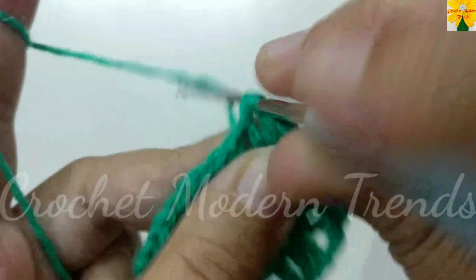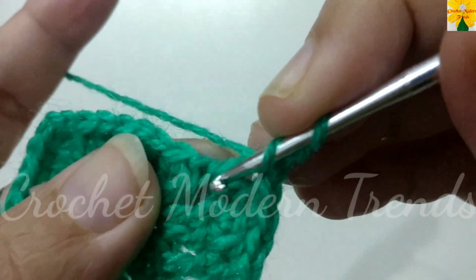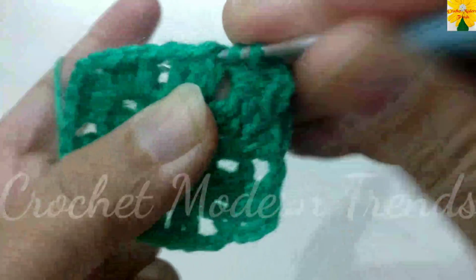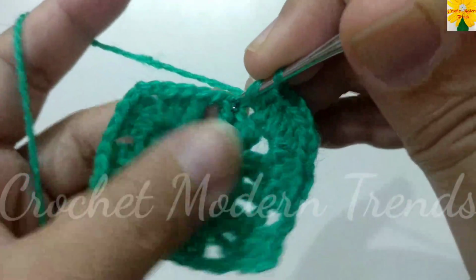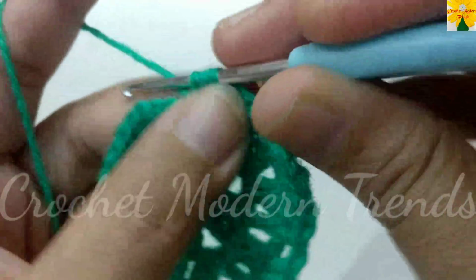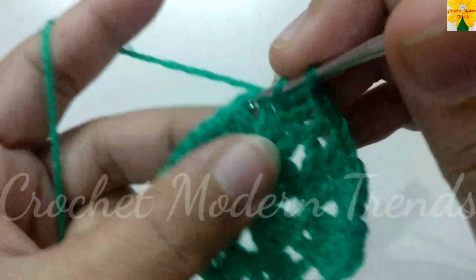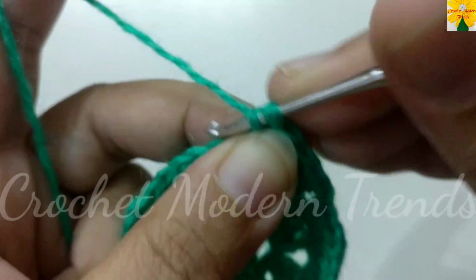into the chain space of 2, double crochet 1, double crochet 2, chain 2 for chain space, into the same chain space of 2, double crochet 1, double crochet 2. On the top of the next stitch, double crochet 1, double crochet 1 on the top of the next stitch, 1 double crochet on the top of the next, chain 1 for chain space. On the top of the next stitch, double crochet 1, double crochet 1 on the top of the next stitch, 1 double crochet on the top of the next stitch, and into the chain space of 2, double crochet 1, double crochet 2,